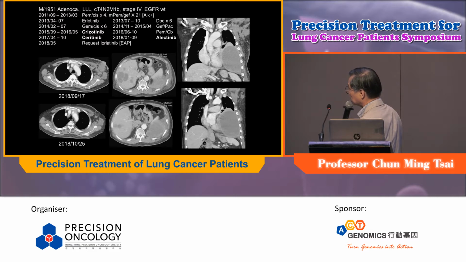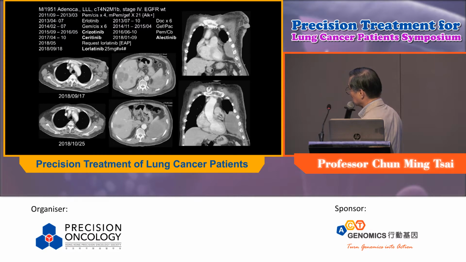lorlatinib. That's before treatment. You can see the very huge axillary lymph node and liver metastasis. And after treatment for 1 month, the axillary lymph node decreased in size. And this is a PR, and the liver also had a very good response. Before treatment and after treatment, you can see the liver tumor